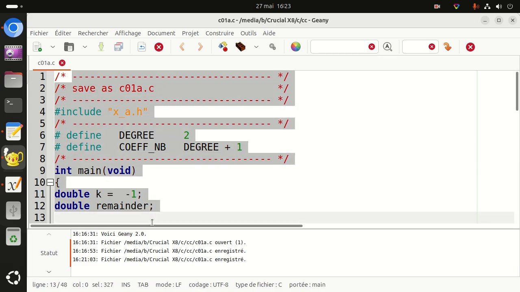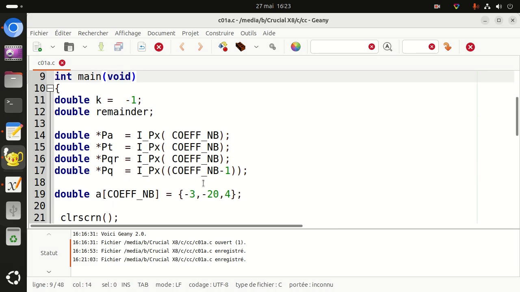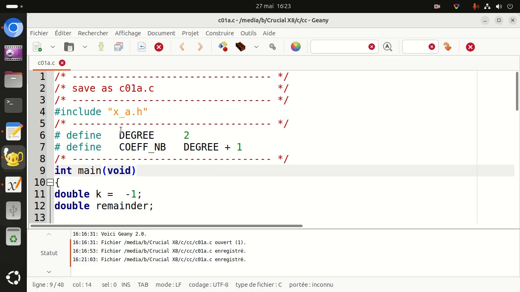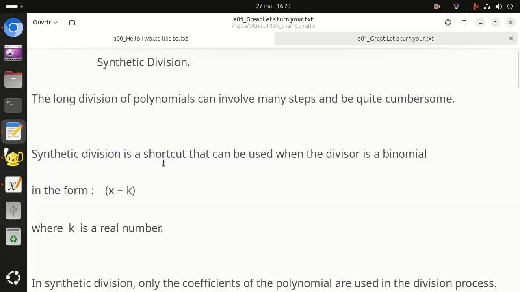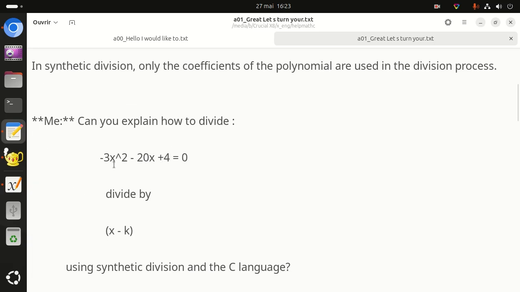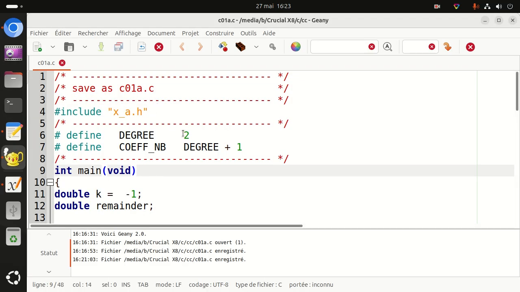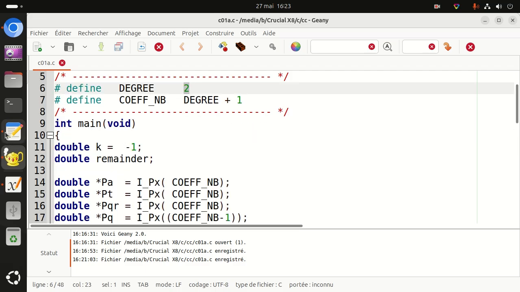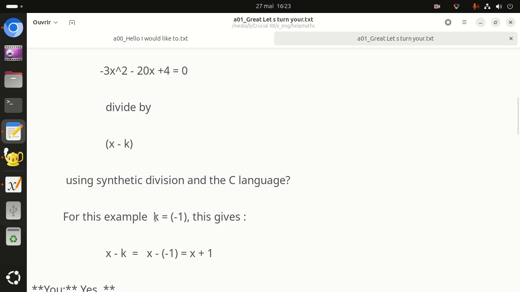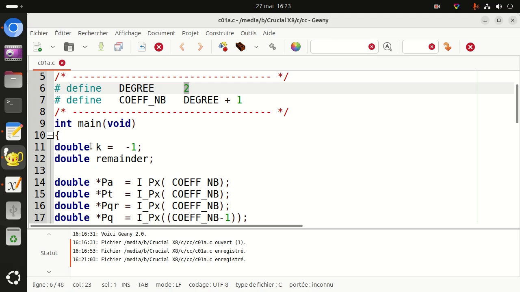This is the first example. Alors, the polynomial we want to work on. The degree of this polynomial is 2. I want to work when k is minus 1. I write k equal minus 1,